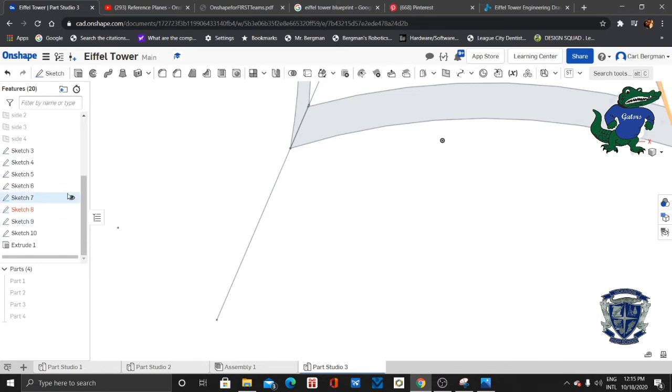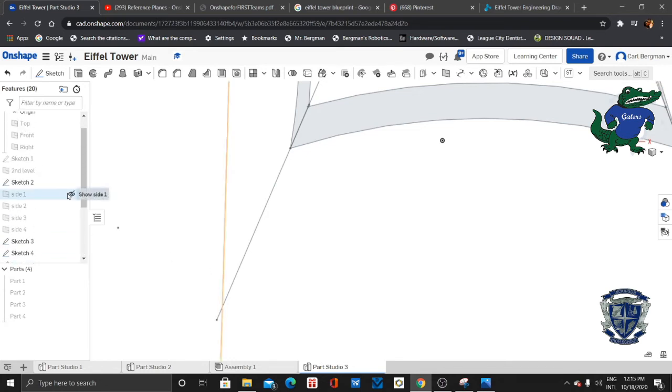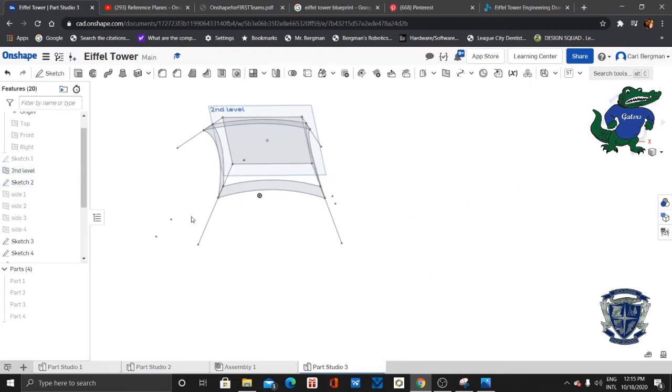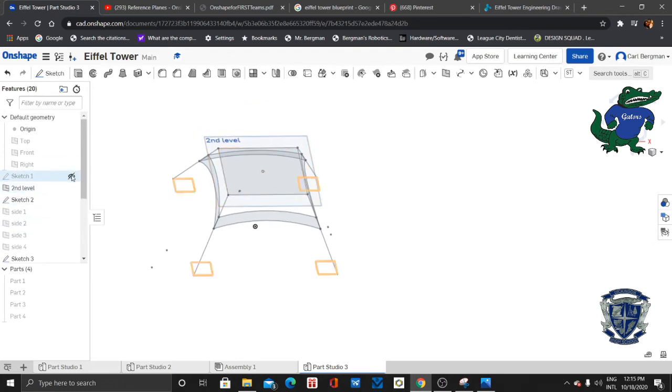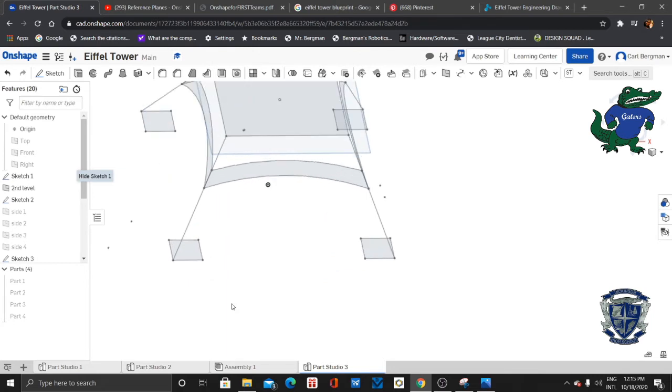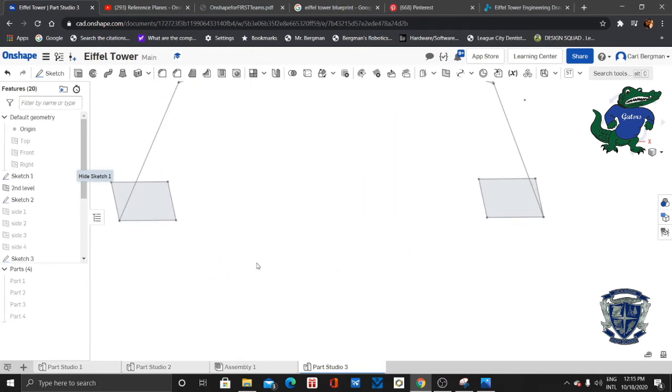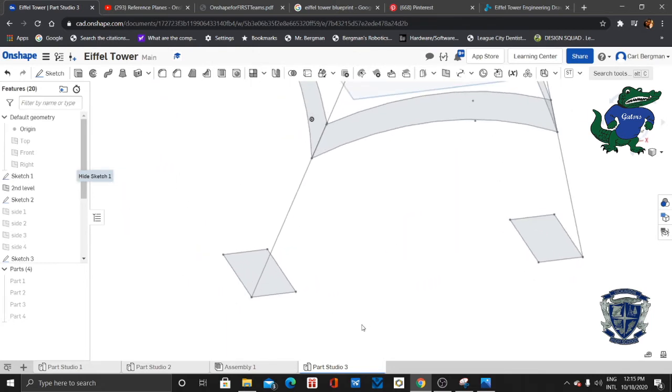So let's turn the extrusions off and find the sketch that it's going to be, sketch 1. It's the first sketch. Okay, it's going to take me a few seconds for my brain to kick in here. All right, sketch 1. There we go. Sketch 1, and now we're going to just pick a platform, go in there, and